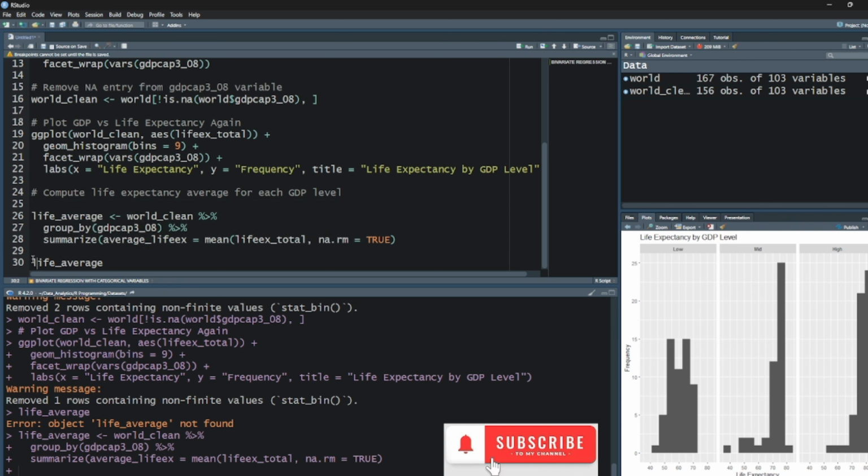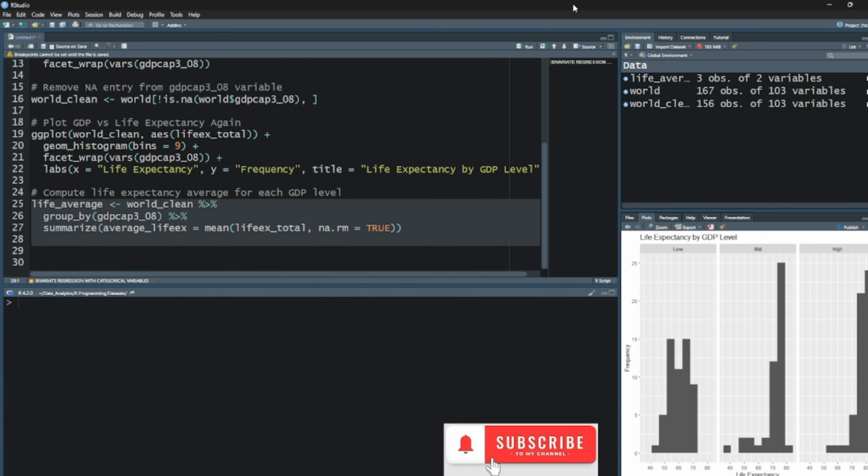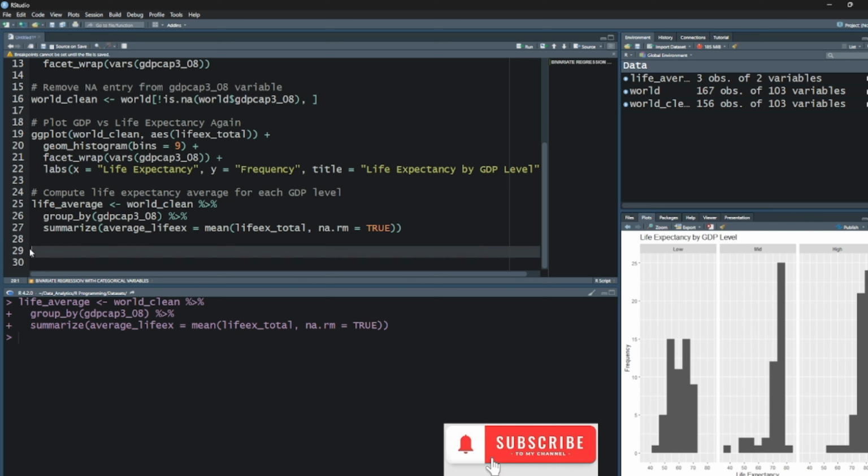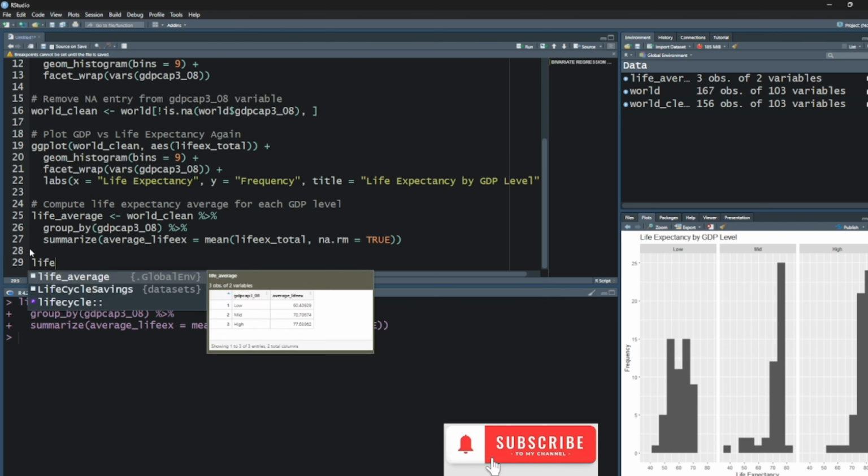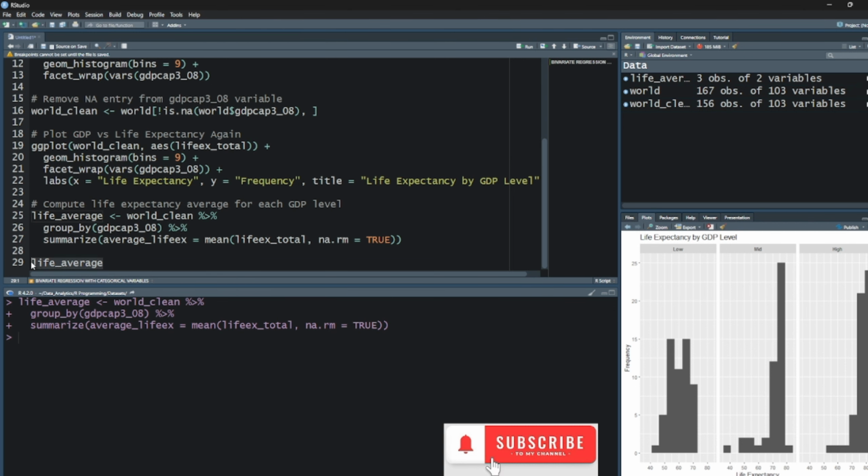Okay, and life average. So I'll go ahead and run my code, and let's look at what is in our life average column now. Okay, so in this new column called average life EX, which is embedded in an object called life average, we can see that